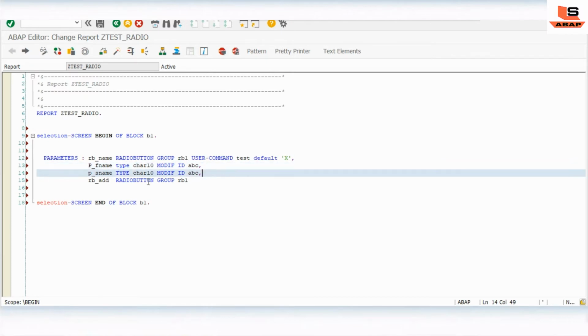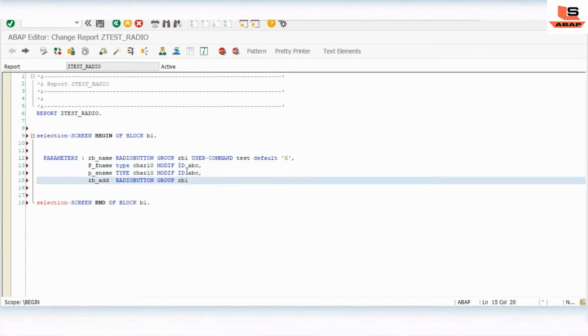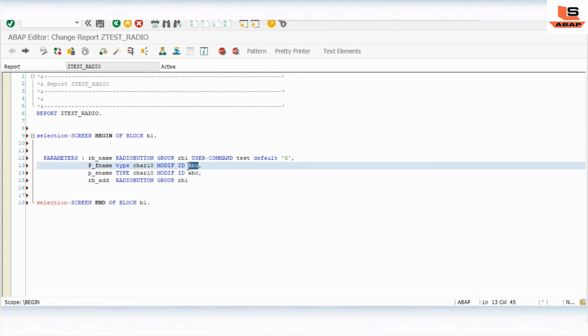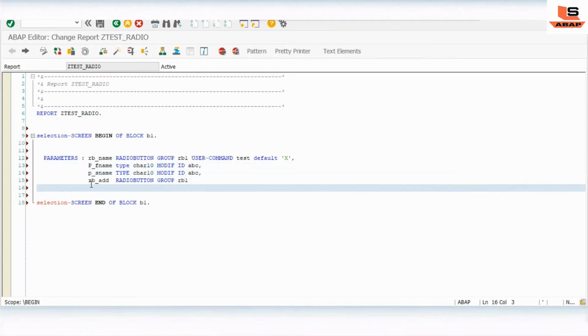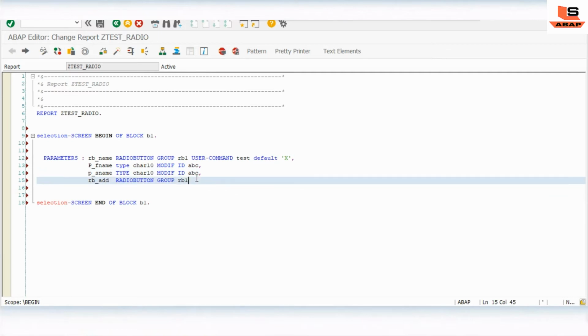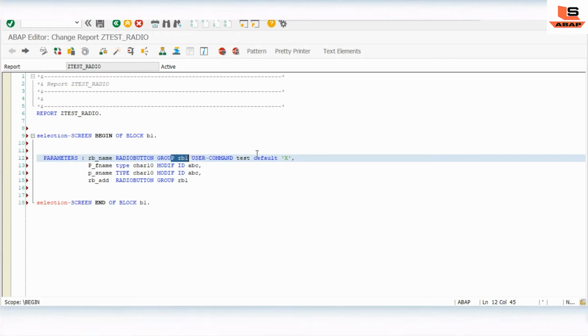What is the use of this modify ID, I will show you later. Now we are defining the second radio button in the same group RB1, because at a time one radio button should be selected.